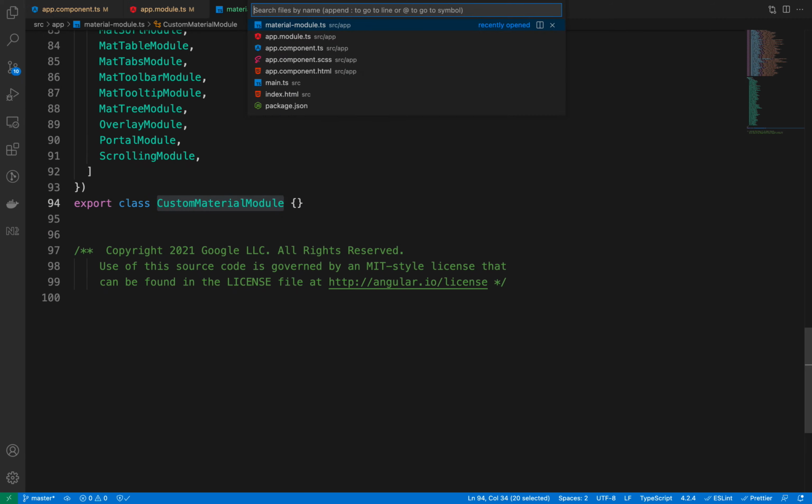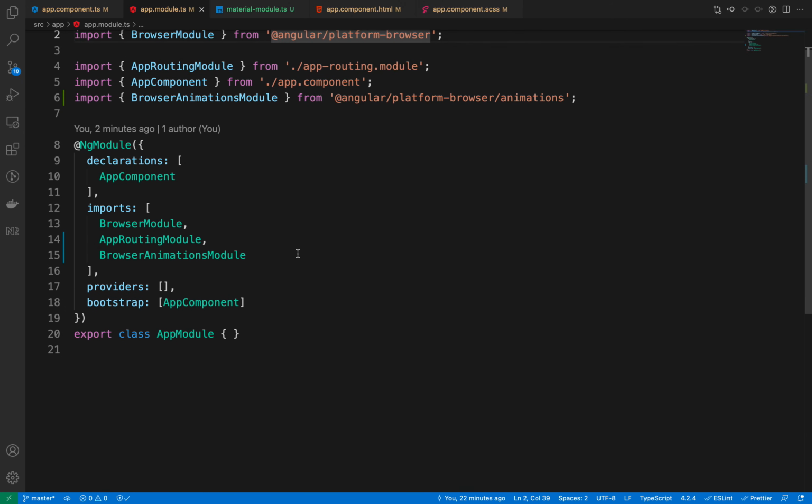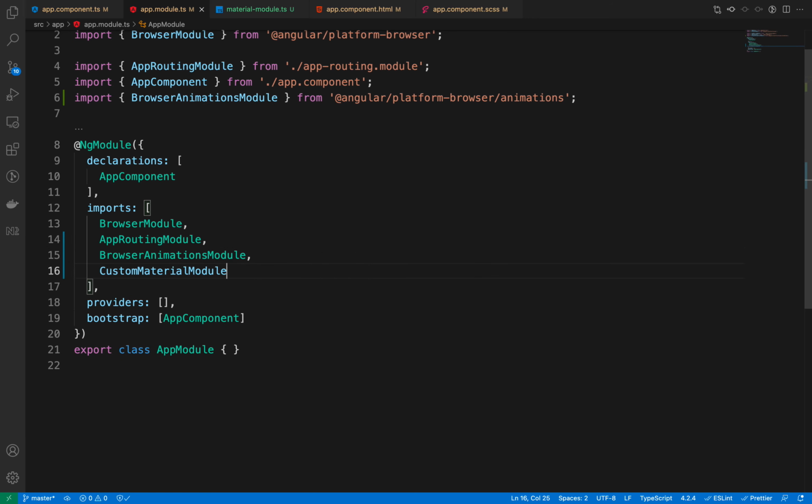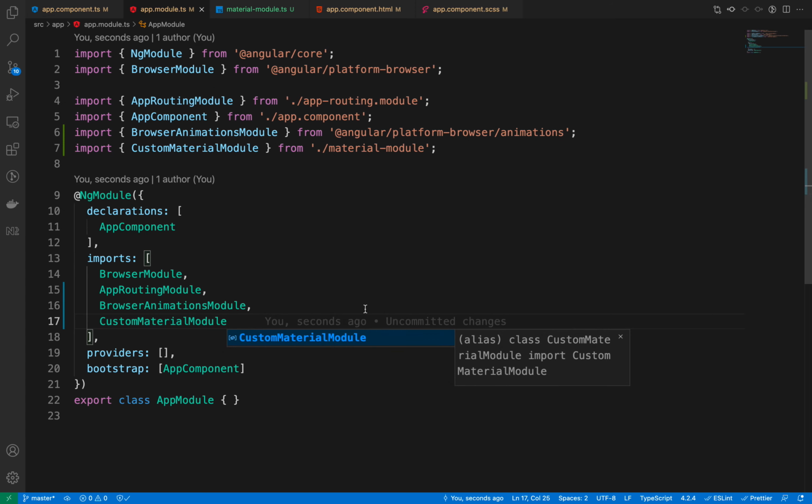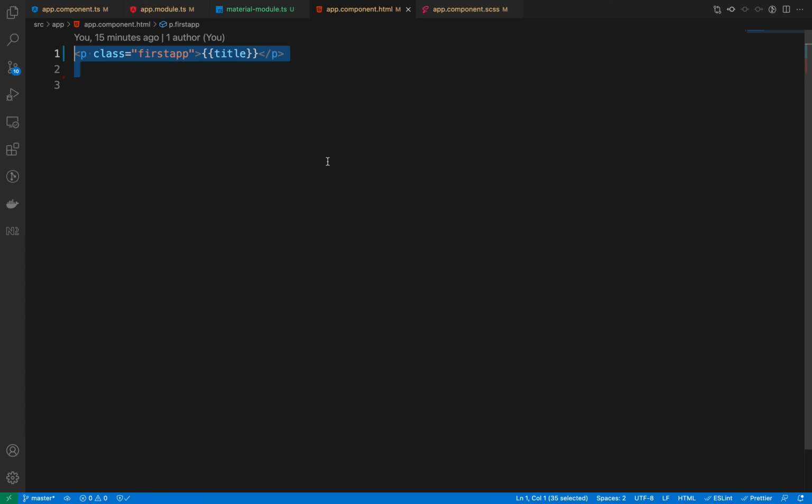Go back to app.module.ts, and like I said, anytime you want to use a module that has been created by you, or that you bring from npm, you need to add it here. So you do command I, and in Mac it will show you all the different possibilities that you have. We only have one, so command I gives me one option, and we import this. Now once we have imported this, we should be able to use all the different components that are there in Angular Material. So things like button, mat-flat-button,